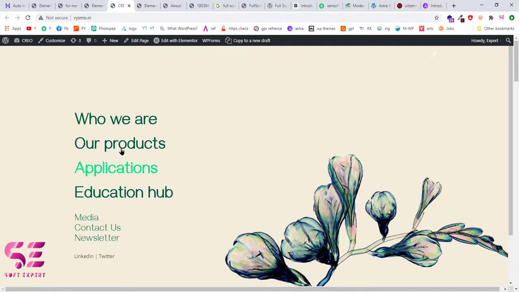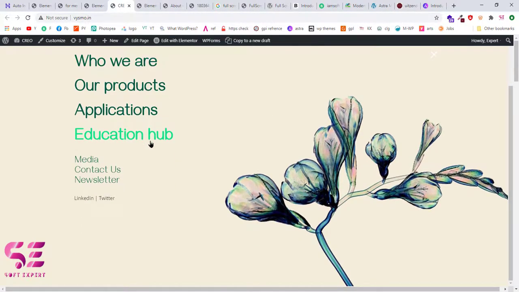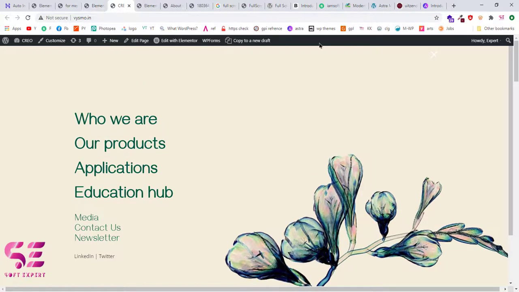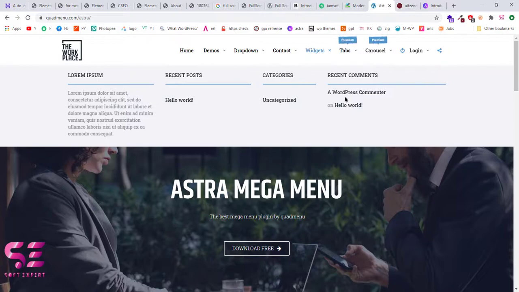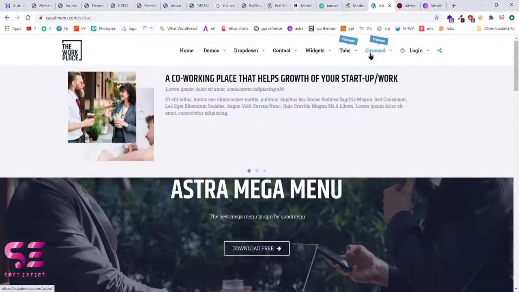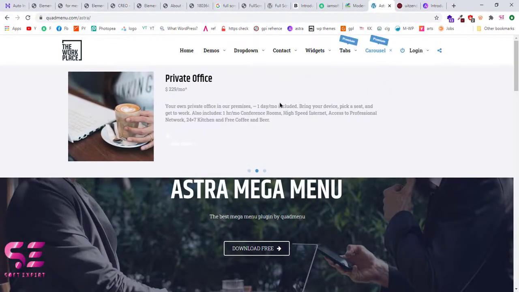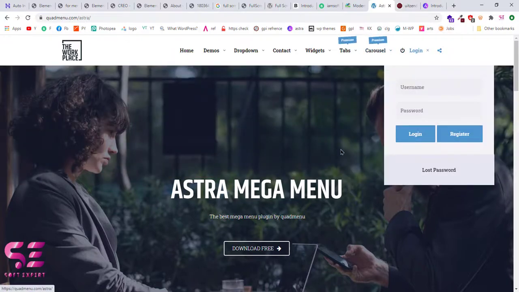So this is the menu I created using this plugin and Elementor. Now if you want, you can change the look, the background, the animations, everything here. And also you can create a menu like this where you can display your products, your carousel and everything.